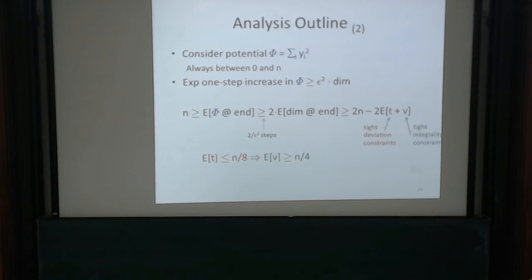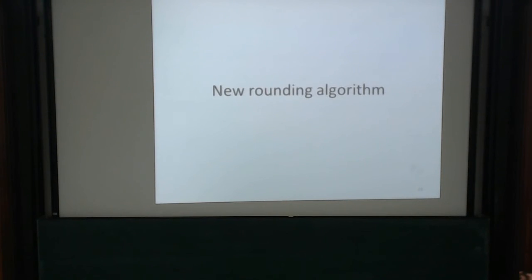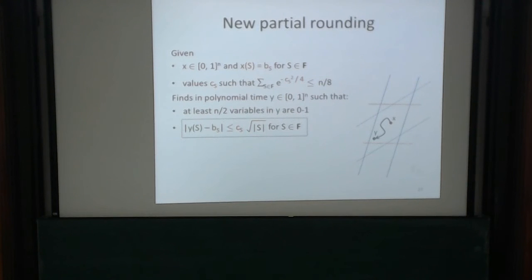So this is Lovett-Meka, and in the next few minutes I'll outline our modification to achieve these multiplicative type of bounds. So we are in the same setting. I've just restated the Lovett-Meka result here, and all we want to do is get a sharper bound on this. We want to replace the square root of s term by a square root of b, where I just want to point out that b is always at most s, because we are in 0, 1. So we want to get a sharper bound here,